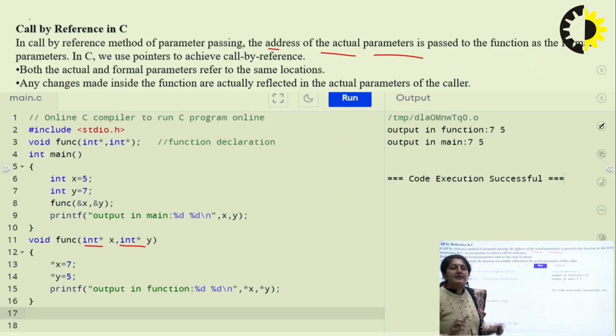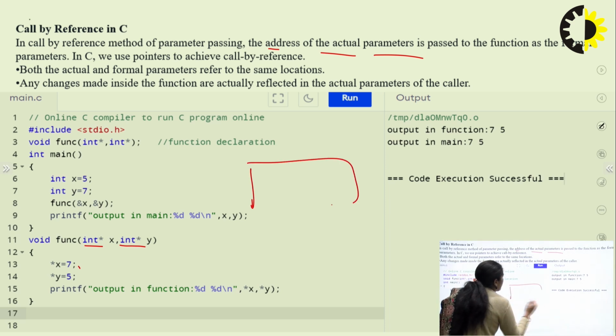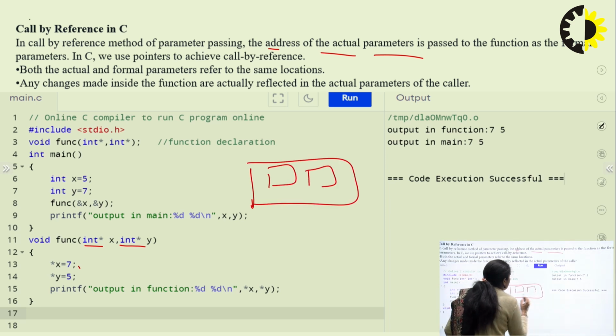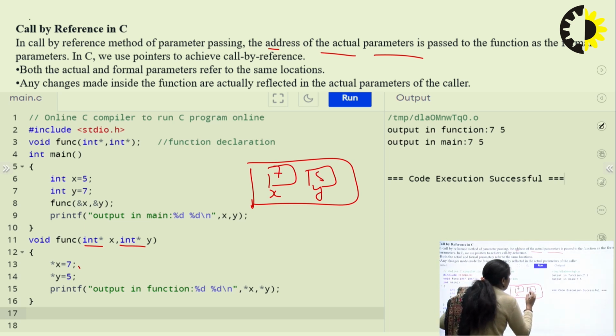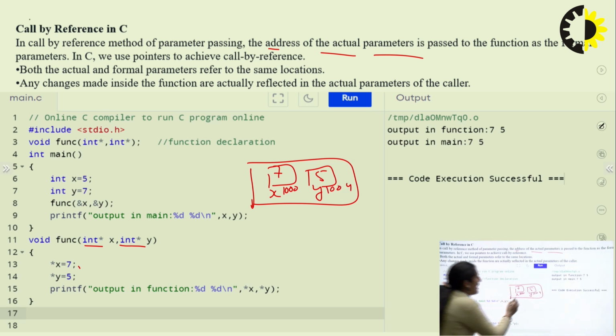Here we are passing the addresses of x and y. So when this function is called, x and y have the values 7 and 5. Let's suppose the address is 1000 and 1004. So the addresses will be received here.